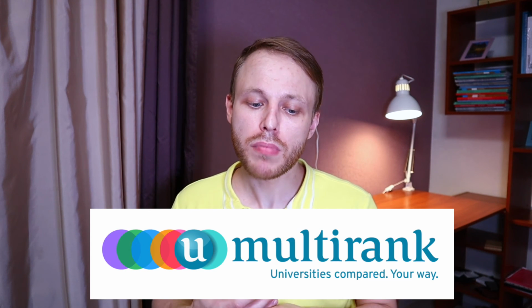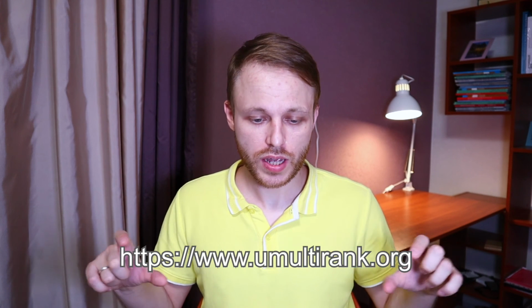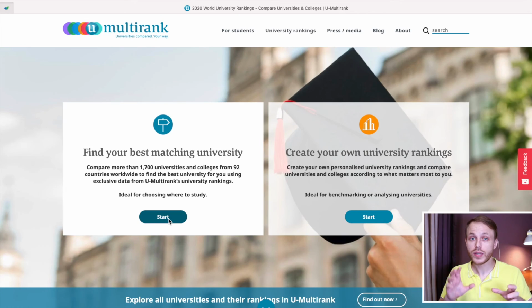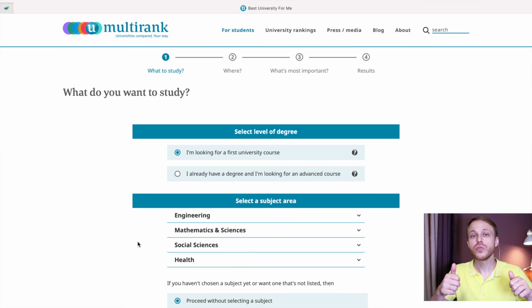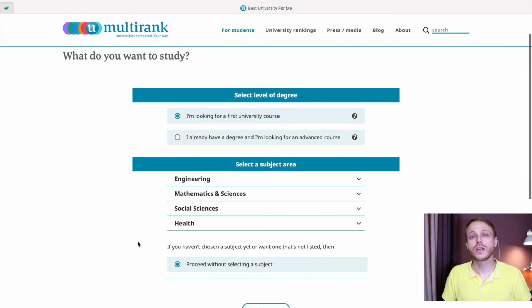And let's briefly mention the alternatives to university rankings, okay? Alternatives. So as an alternative, you can have a look at U-Multirank. Here is the site of it, okay? You can go and visit and check it out. So the main difference of U-Multirank is that it is completely user-driven. You can adjust the criteria completely by yourself, and you receive your own personal ranking of universities. And yeah, this is completely something different from the rankings that we saw just previously. So this is a good alternative. I will leave the link, you can go and have a look there.